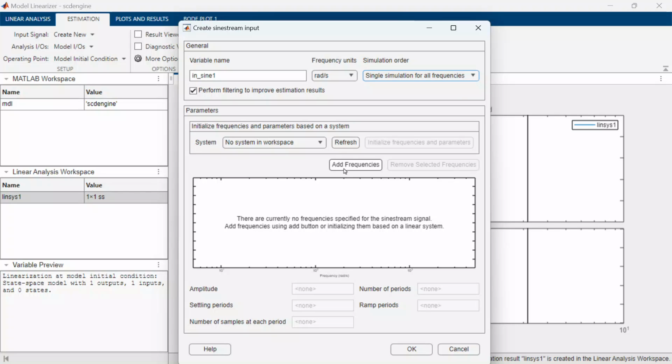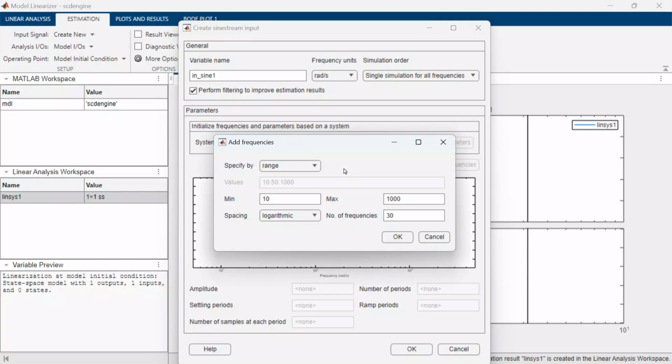Then we can specify a set of frequency points of the input signal depending on our frequency range of interest. Choosing these values is iterative and will require some insights of the system dynamics. For our scenario, our range of interest will be between 0.1 radians per second to 10 radians per second.